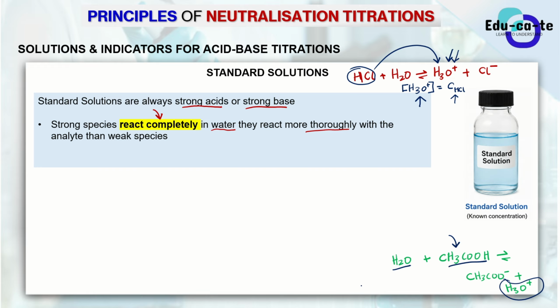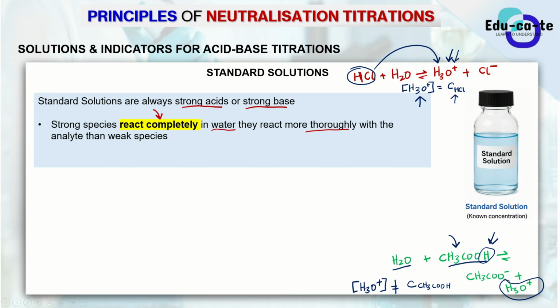So basically, the concentration of the H3O plus ions released by this weak acid is never going to be equal to the molar concentration of the acid that we used. This is just a mathematical way of showing that a weak acid does not ionize completely. It does not completely convert to H3O plus. It does not completely give away all its protons.